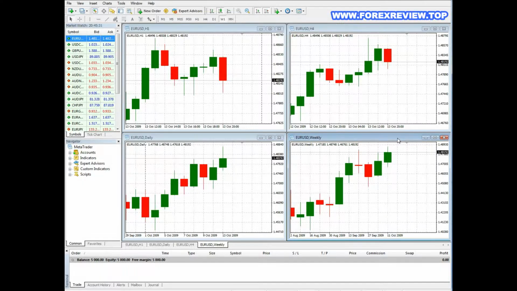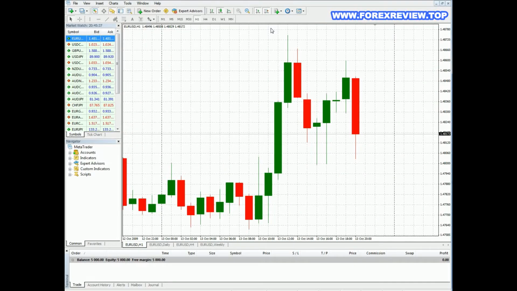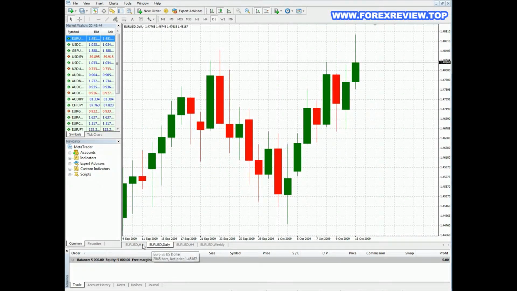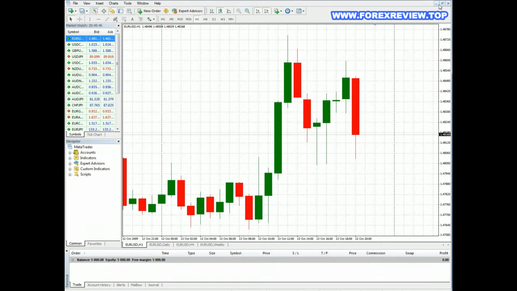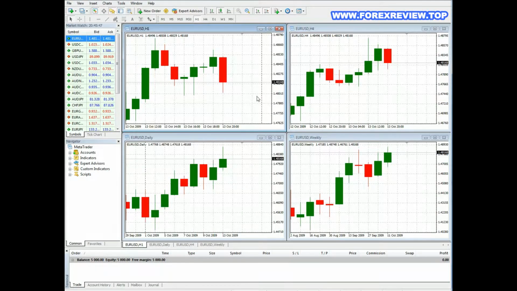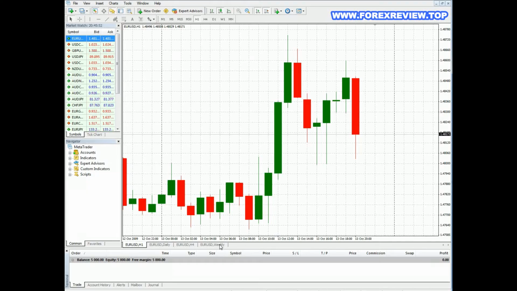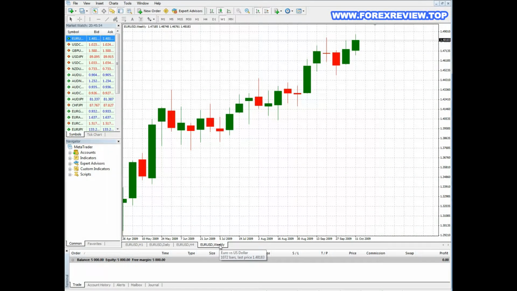All right. So here we go. Now, I'm going to expand this, and you'll notice that once that's expanded, all of the other ones are large too. Go back down and see them all in one screen. We could actually do that. But what we'll do in this is set up what I like to call top-down trading